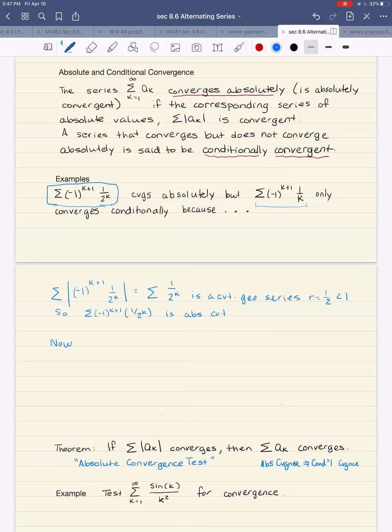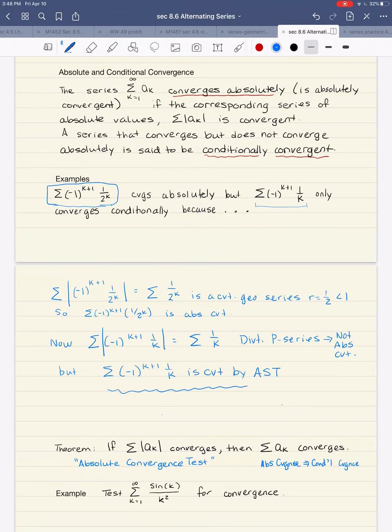But our alternating p-series, if I look at the second one, (-1)^(k+1) times 1 over k, put that in absolute value, we get 1 over k, the harmonic series. This is a divergent p-series. So it's not absolutely convergent. But we did show that the alternating harmonic series is convergent by the alternating series test. That was our very first example we did